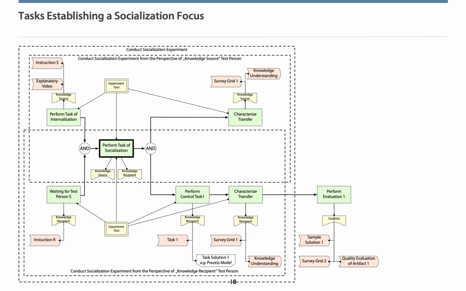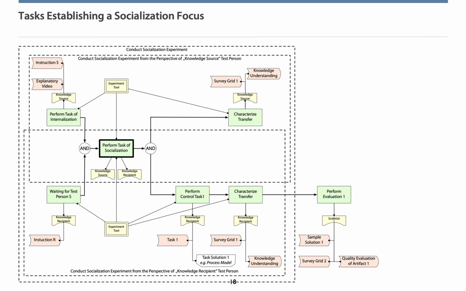There's an internalization task which is carried out by the knowledge source. We can see the control task which is realized by the knowledge recipient. We have the characterized transfer task that is realized by both the knowledge source and the knowledge recipient. The evaluation task is performed after the experiment by the scientist.